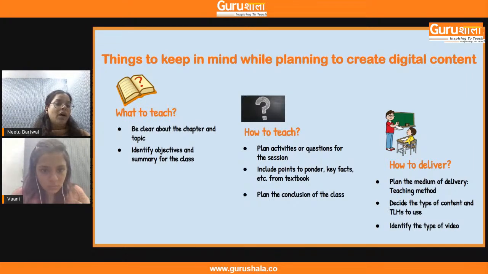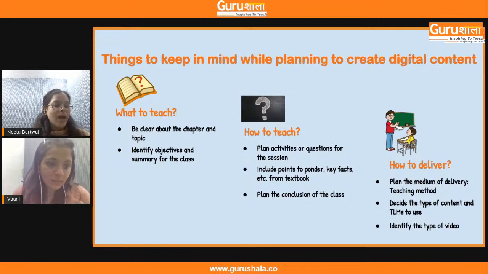And also, seeing the needs of the students, or the purpose of the content, whether it is for the explanation of the concept, for the revision of the concept, or for keeping notes of the concept, it becomes important to see what kind of content we should create, and how we should deliver this content to our students.